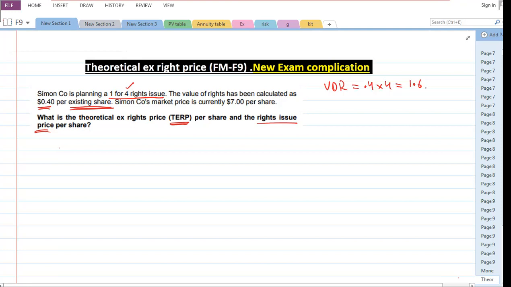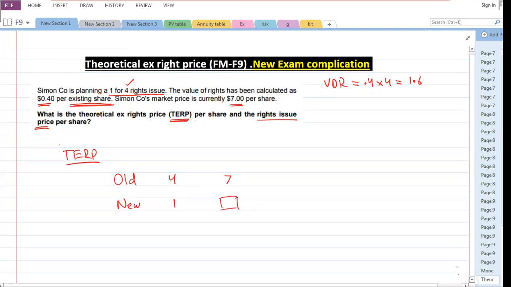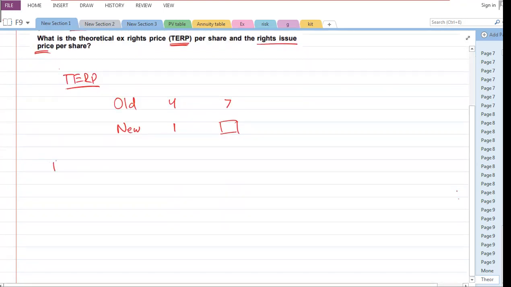Now, the current market price is 7. When you calculate the theoretical ex-rights price, you will have the existing shares, let me simply call them old shares, and the new rights, let me call them new. So if you have 4 existing shares, you will have 1 new share. And the price of the existing share is $7, but the price of the new share is not known. So how are you going to calculate it? If you put that in the formula,